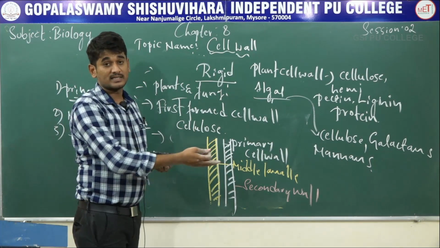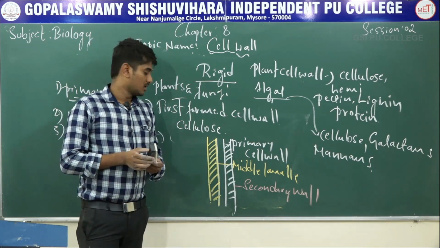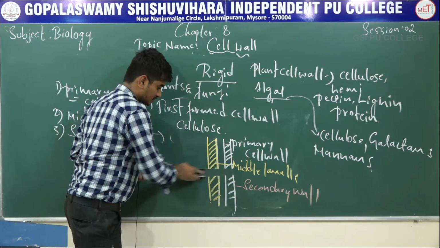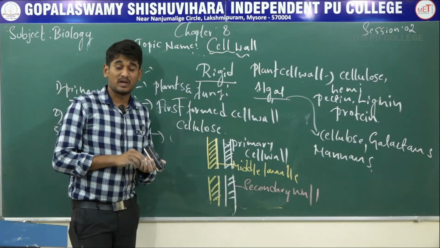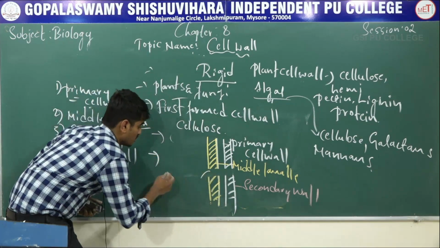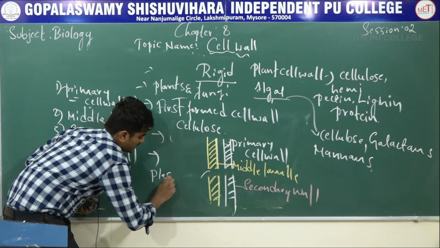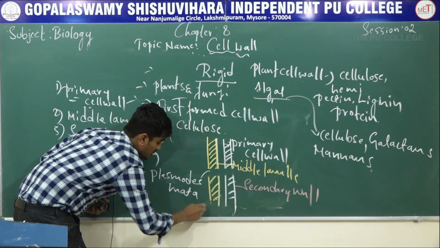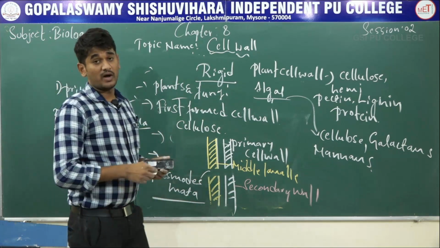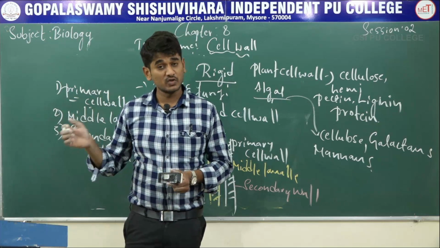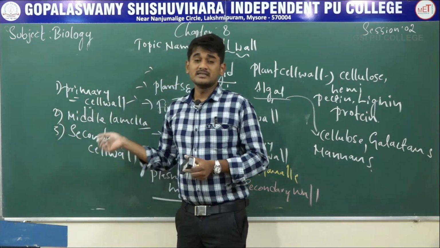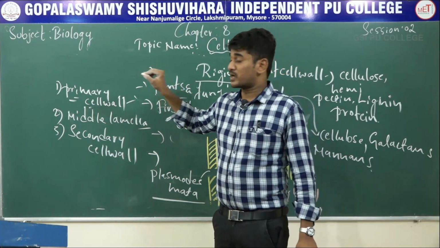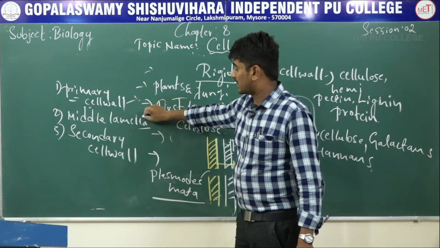Which is present towards the inner side of the cell. The cell wall and middle lamella are traversed by plasmodesmata. So this is called plasmodesmata, which helps to connect the cytoplasm of neighboring cells. Okay, see, generally the plant cell wall is made up of three layers: primary cell wall, middle lamella and